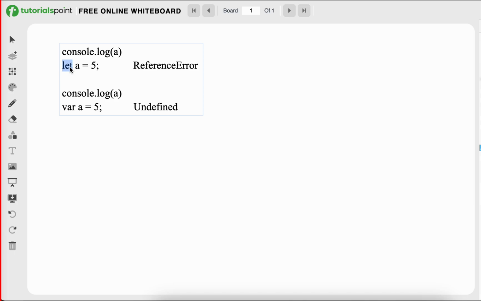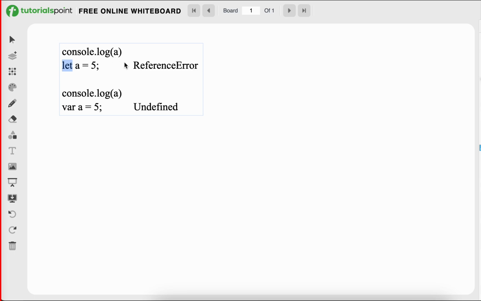Priyanka, you said var is hoisted and let and const are not hoisted. Actually, let and const are hoisted but not initialized. We'll explain hoisting later. Just think about what the output is. With let and const we get a reference error, and with var we get undefined.